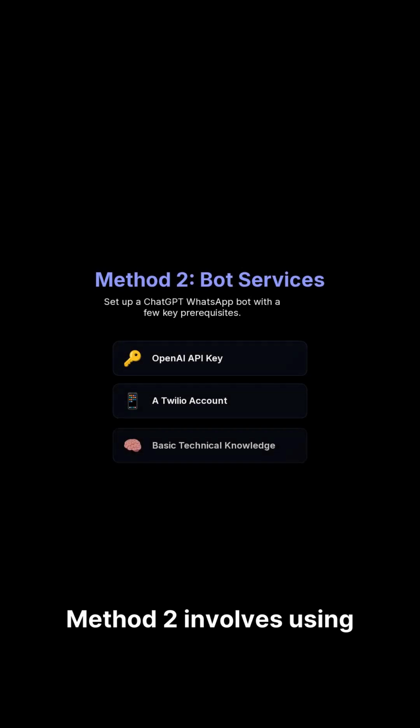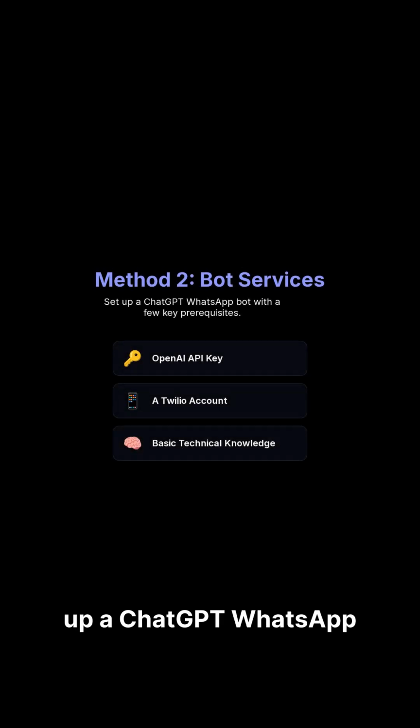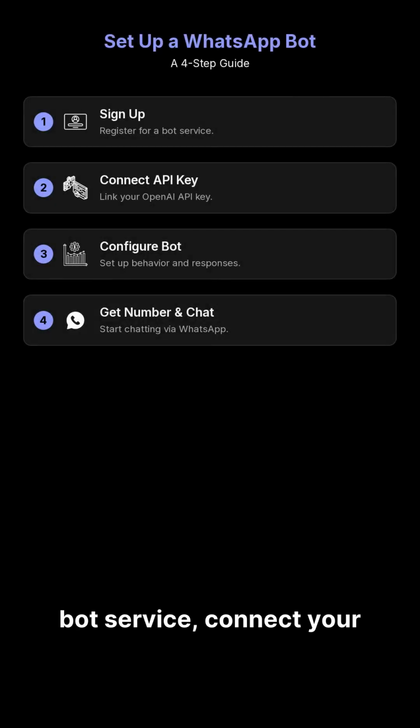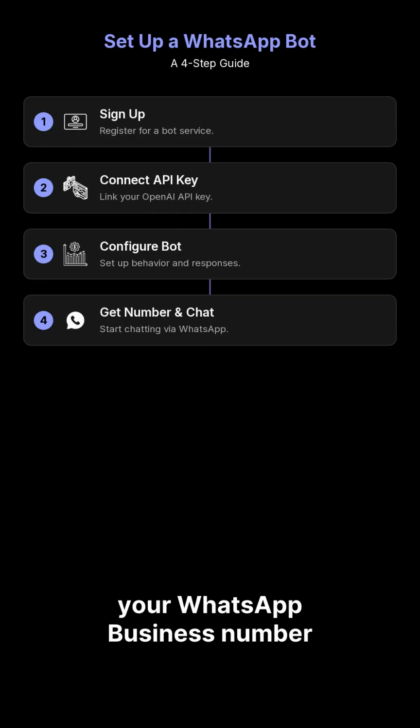Method 2 involves using bot services to set up a ChatGPT WhatsApp bot, requiring an OpenAI API key, a Twilio account, and basic technical knowledge. Sign up for a bot service, connect your OpenAI API key, configure the bot, and get your WhatsApp business number